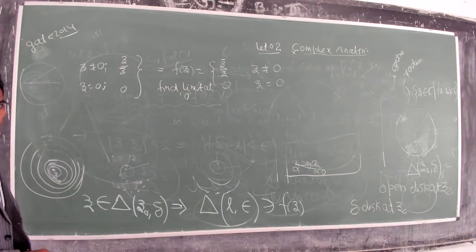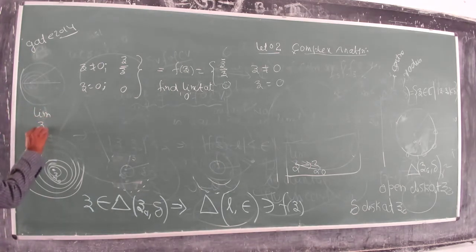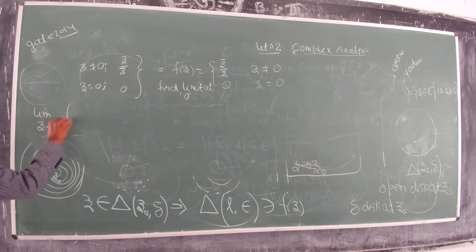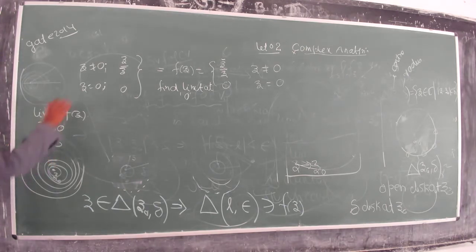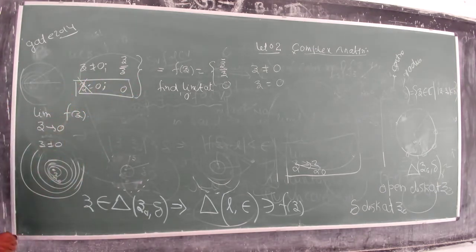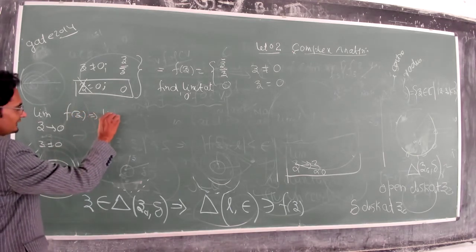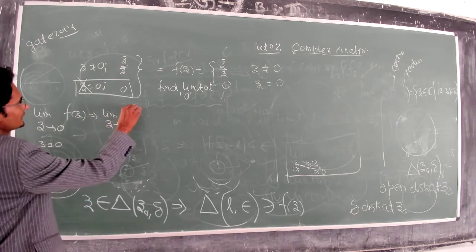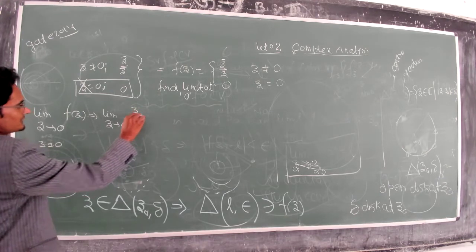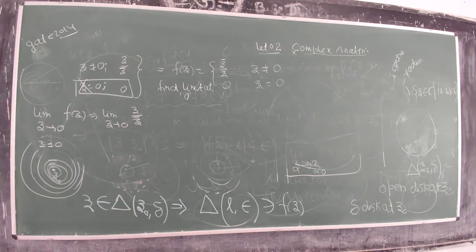Okay, so let's see the left side. g is not equal to 0. We are calculating the limit. This means that we are interested in g tending to 0 for f of g, right? This directly means g cannot be 0. So this is option 1, right? This implies that we are interested in the limit as g tends to 0 of g over g bar. It's all right, everyone? Fine?